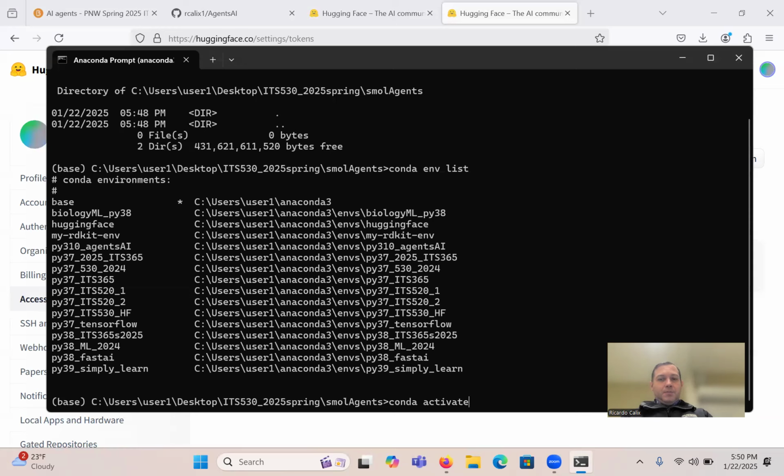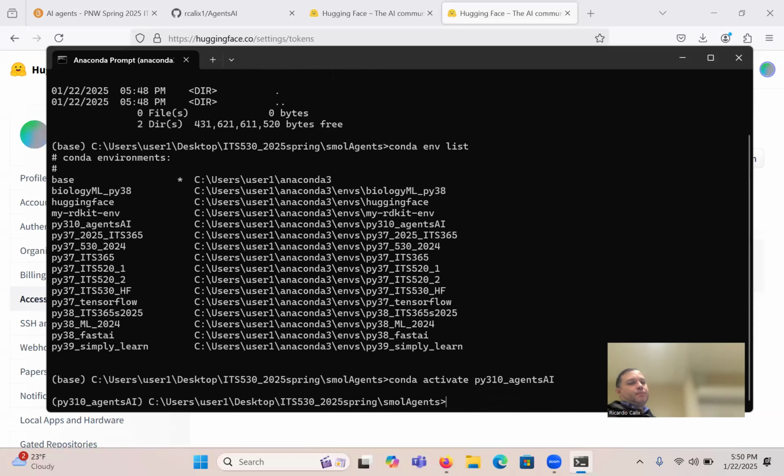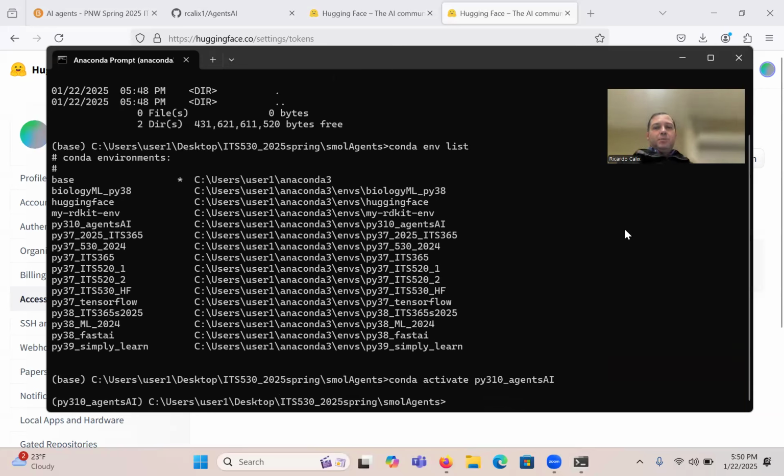activate I 3.10 agent AI. All right, so our environment has been created. We know we got Jupyter in this one, right? Because we were using it last time. So I'm going to do Jupyter